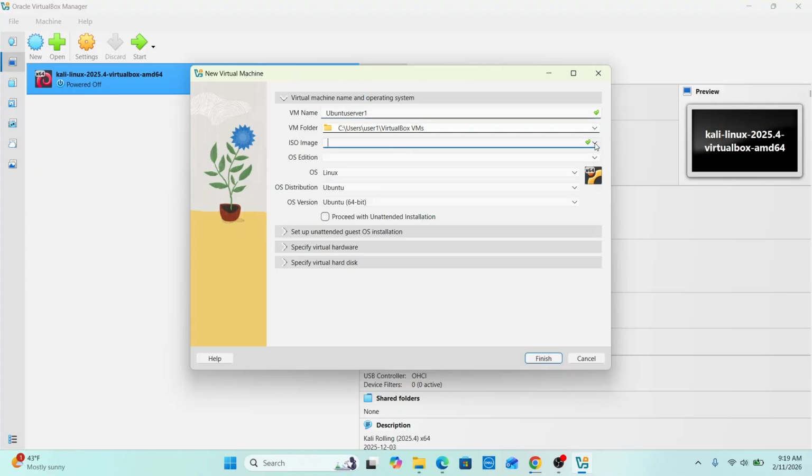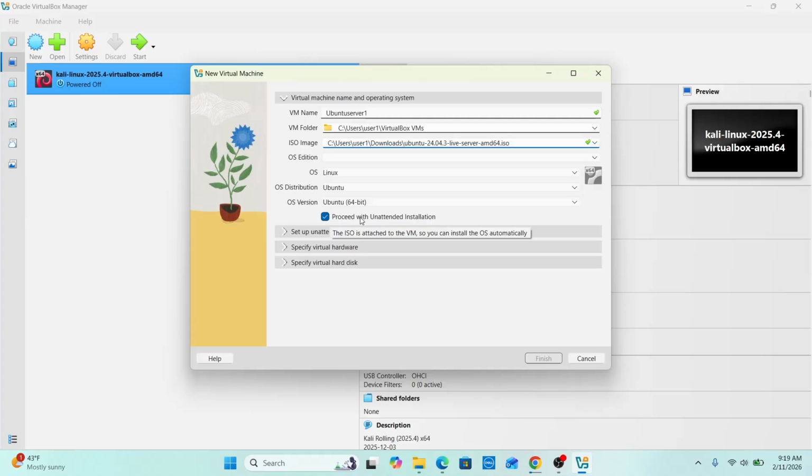Now right here, we will select this ISO image we just downloaded. And everything else we will leave as it is, OS Linux, Ubuntu, and we will keep the proceed with